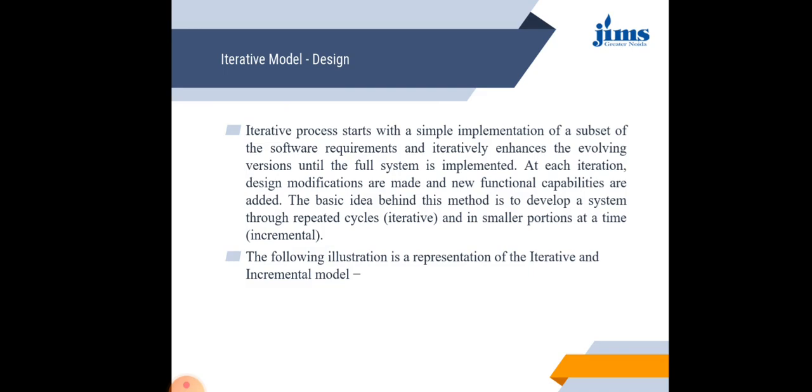Basically, the main point is that we make iteration 1. Whenever we make iteration 1, if there is a need or requirement to enhance it, then we go to the second iteration, which means a new version of that model. Whenever we are not satisfied with a version, we make version 2, version 3, version 4, and whenever we are satisfied, we implement that version.